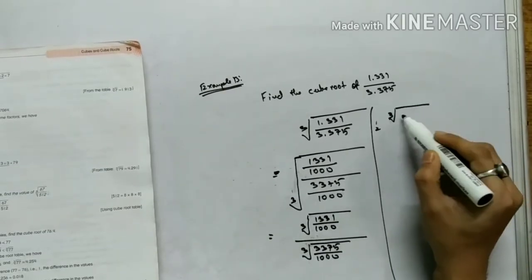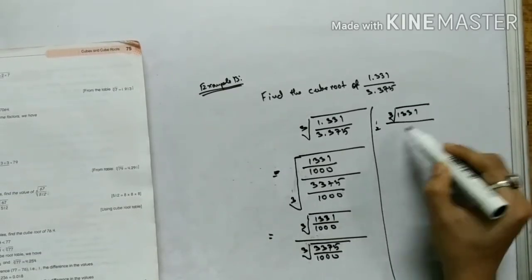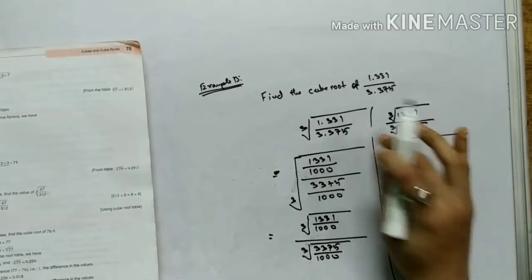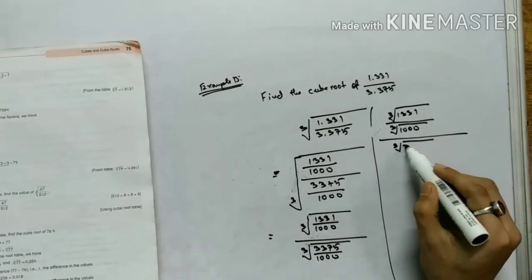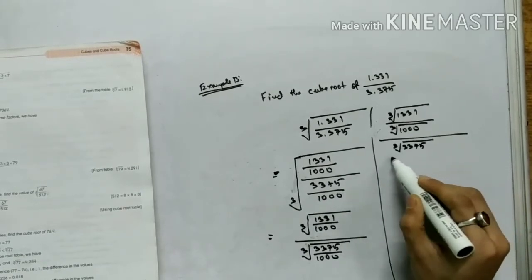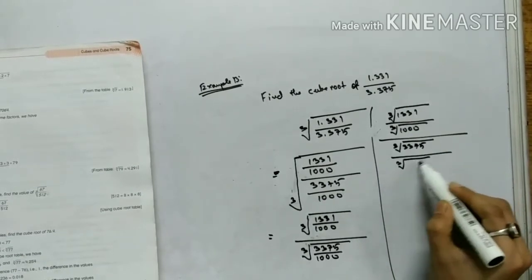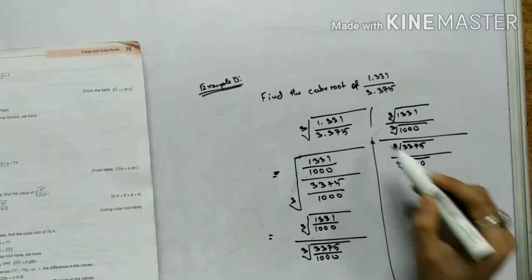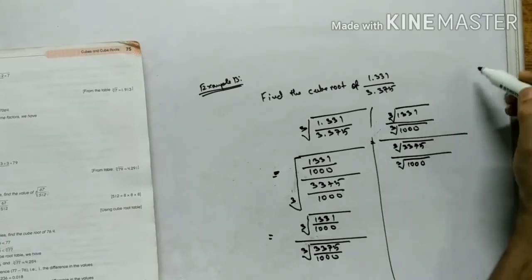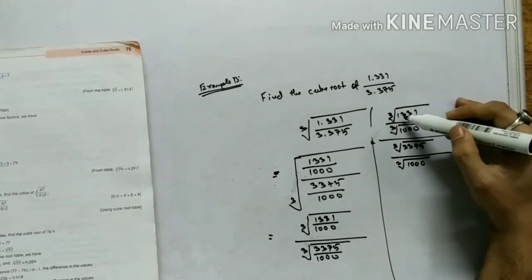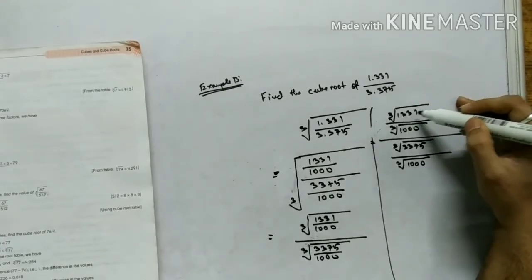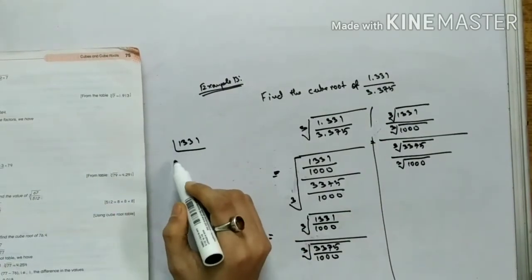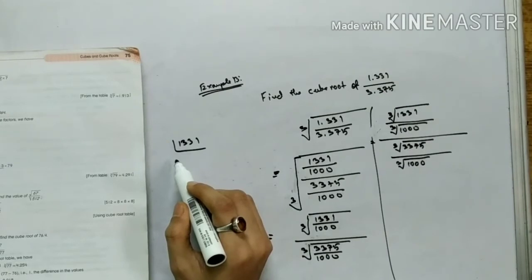So cube root of 1331 by cube root of 1000 by again cube root of 3375 by cube root of 1000. I can again write it in this way. Okay, so now 1331, I will take out the prime factorization of 1331. So 1331,